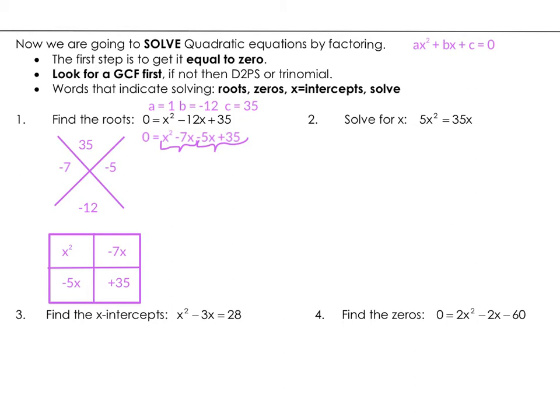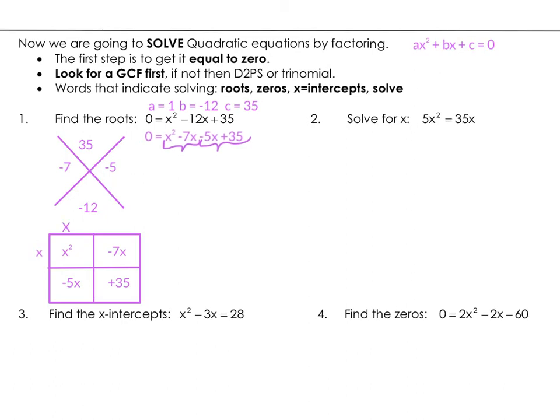Okay, now I can factor out the GCF in front on the left-hand side here to get an x, which would mean on the top I also need an x, and then above the negative 7, x would be negative 7 times x is negative 7x, and then below the x on the left side of the box here, we're going to have a negative 5 to give us that negative 5x from the top. And then finally check that last one, negative 5 times negative 7 is 35, so I'm confident that these are